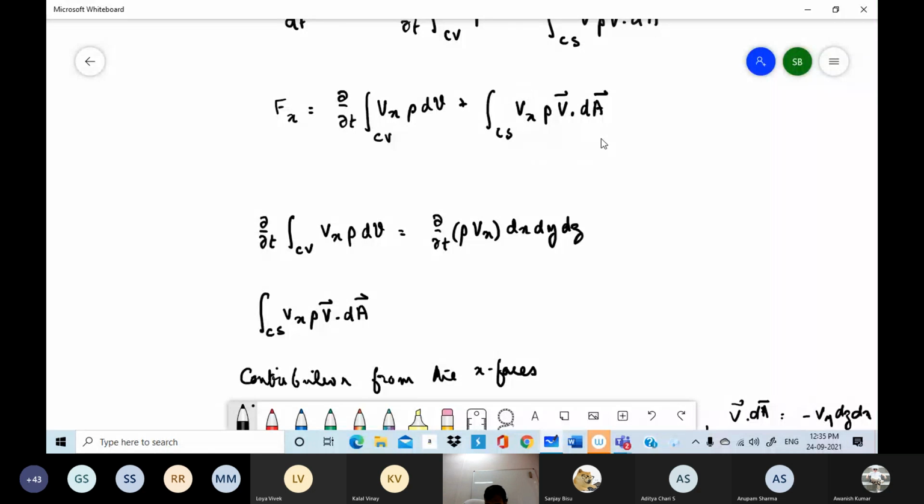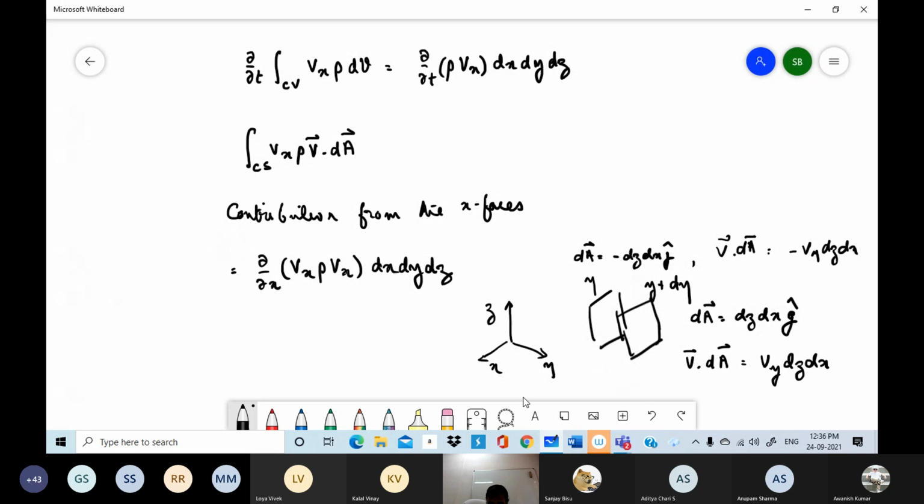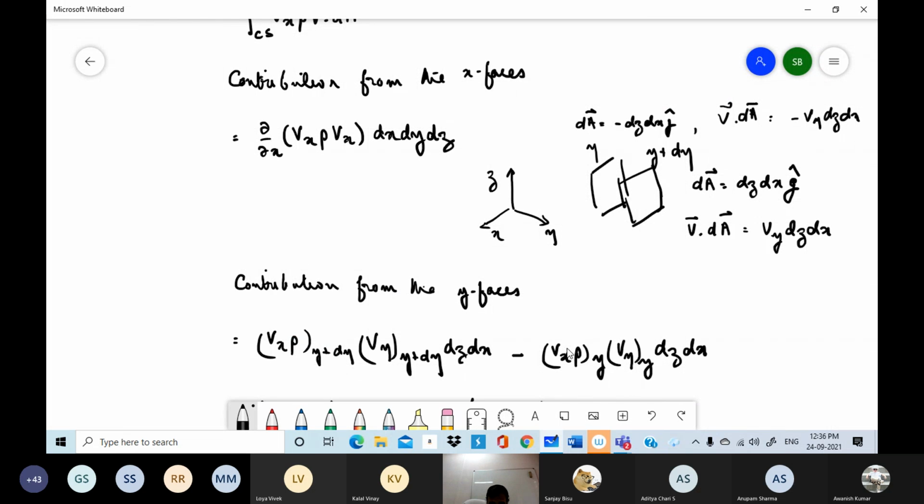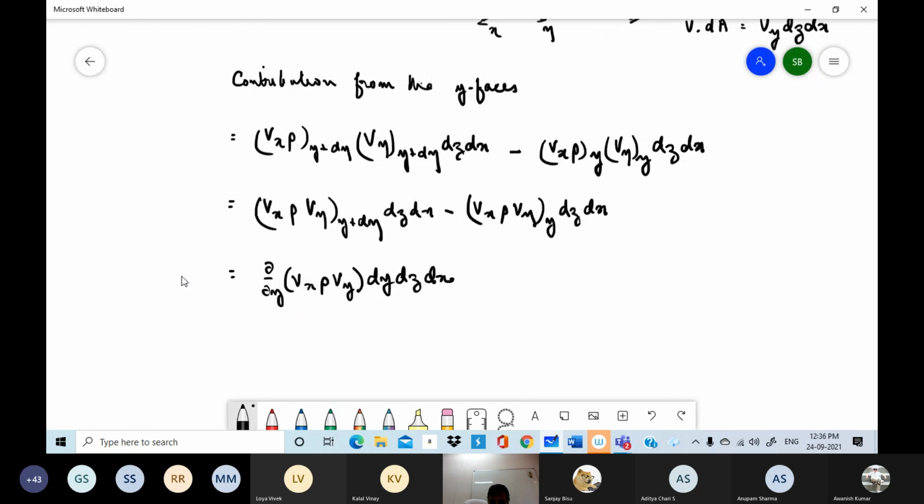And when I consider the two faces, if it is the two faces at different values of x, then the net contribution would be proportional to the derivative with respect to x. When I consider two y faces at two different values of y, then the net contribution would be proportional to the derivative with respect to y. Similarly, if I consider z faces, it will be proportional to the derivative with respect to z. So by analogy, I can write